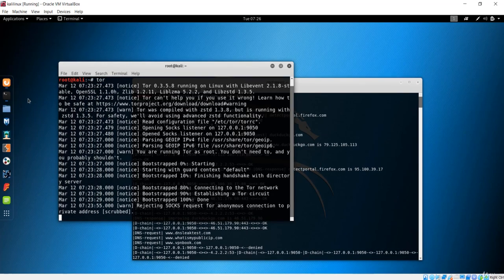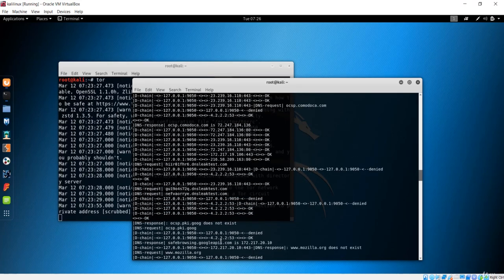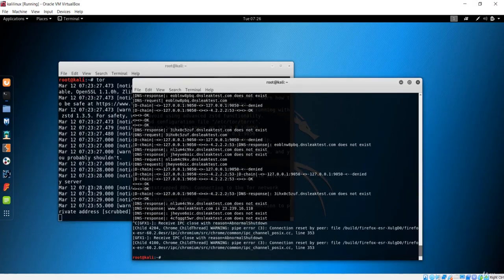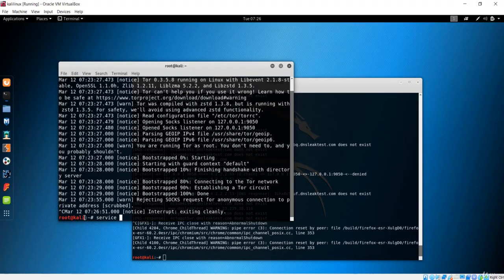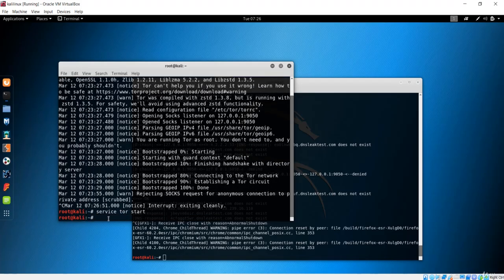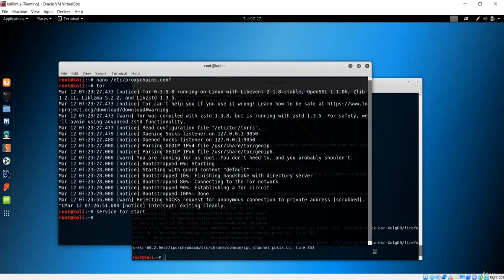So next thing what you can do is, let me just remove this again, and let me close this out, and let me also close this store, and now let me run this service again with the start command. And now let me do something like opening nmap with this proxy chain. I've already told you before that this proxy chain is going to give you anonymity in any of the applications that work with this system. It is not going to give us anonymity only with Firefox. It is going to give us anonymity with any application that is inside this Kali Linux.